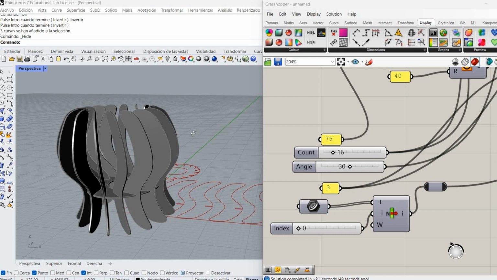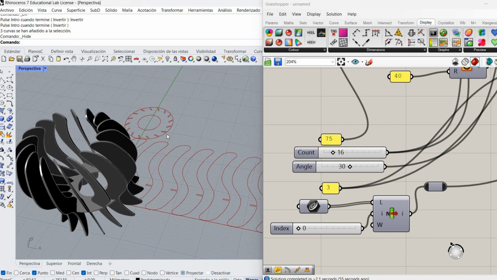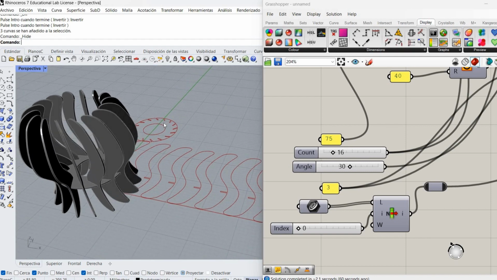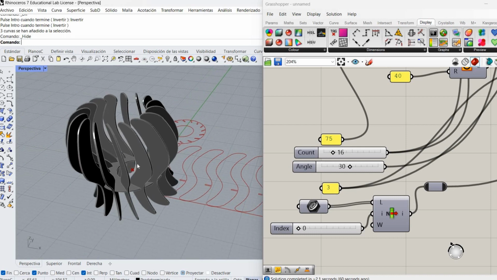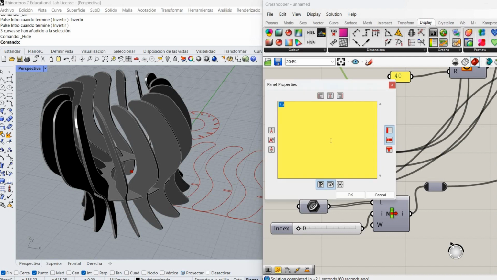In this tutorial, we will learn how to create the curves for a lamp to take it to the laser cutter. We will be able to spread them out and make them ready to send to the machine. We will be able to change some parameters. Some of them will be the height of the base,